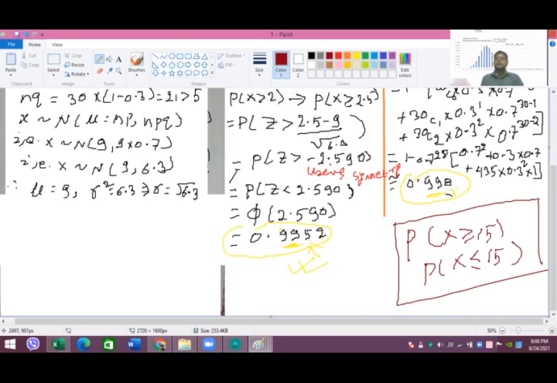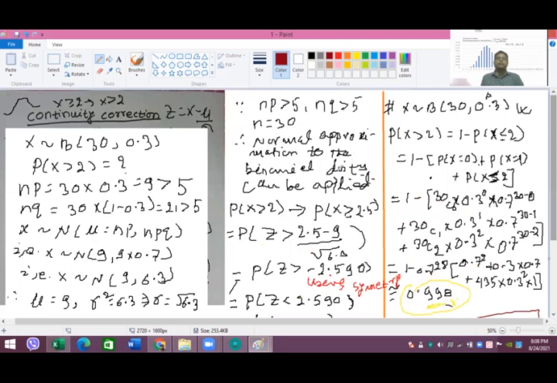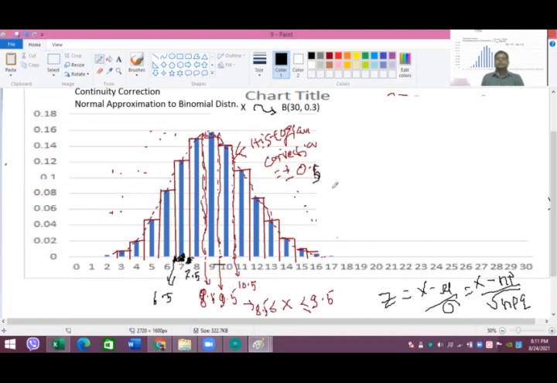In this case, if you have made the condition and have knowledge of this continuity correction, then if this method takes 5-6 minutes, going through the continuity correction method will take only 1 minute. Alright, so it saves you a lot of time. So let's now summarize how to do the continuity correction.